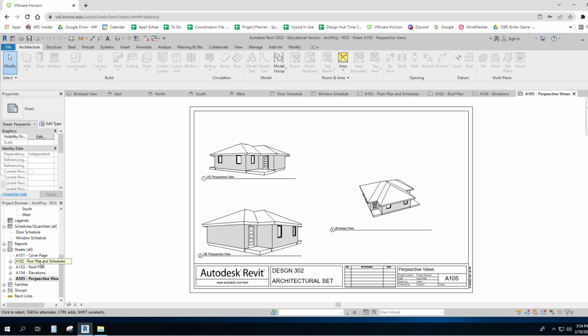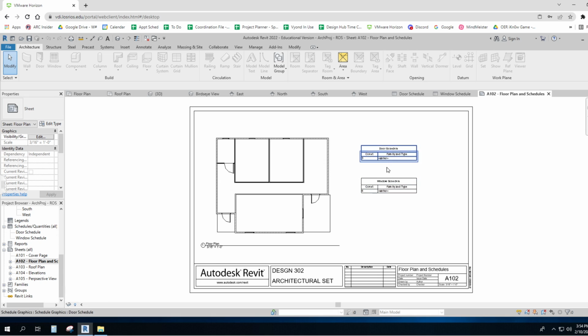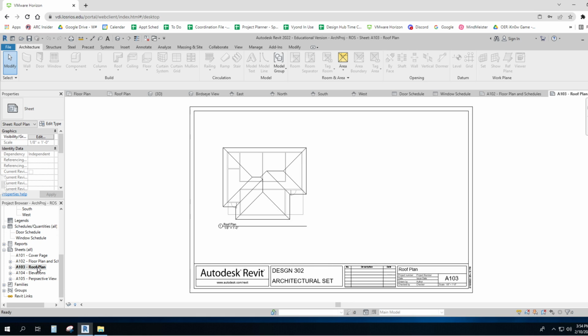And this is very typical where the project lead will set up where they want the views and what views should be seen, and the designer works in the model views and then just double checks to make sure that everything is correct. So that's sort of an overview for you of a very typical, very small design set. A cover page with information about the project itself, floor plan and schedules for windows, doors, things like that, a roof plan,